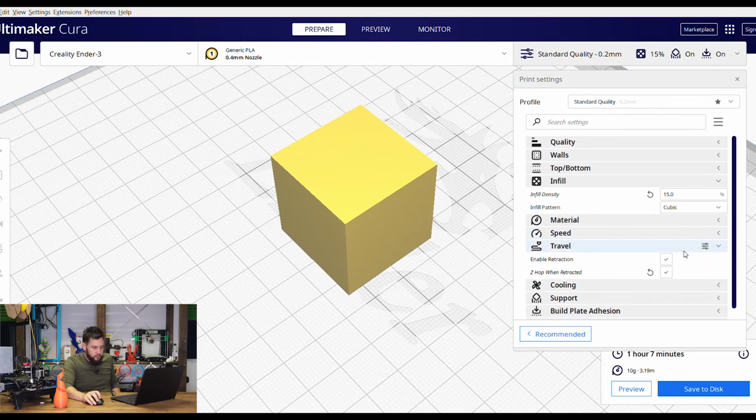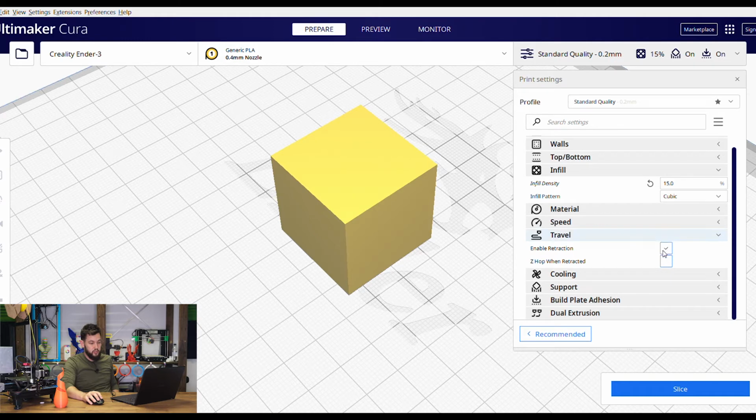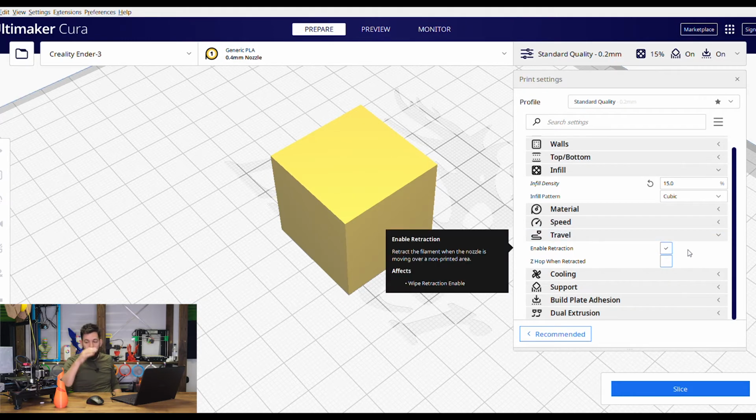Next is travel. So travel, when we talk about travel, we're talking about retraction, we're talking about stringing mainly. This is what that does. So, well, there's actually a lot of settings here, but I'm going to talk about stringing mainly here for retraction. If you're experiencing a lot of